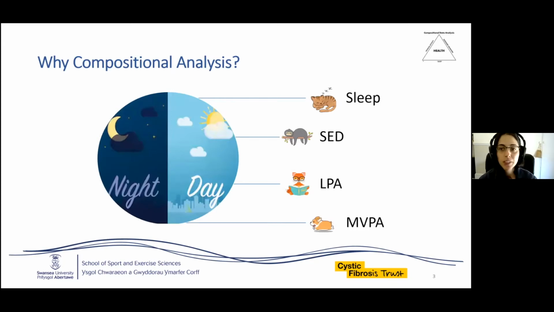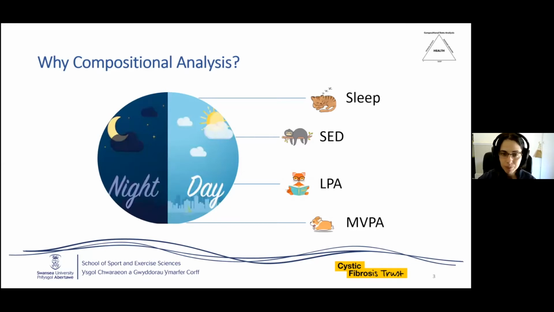We know that physical activity is compositional in nature. If you look at the behaviors we have in a day, it's sleep, sedentary, light physical activity, and moderate to vigorous physical activity. They're all contained in 24 hours. So if I increase moderate to vigorous physical activity, for example, I'll have less time for the other behaviors. One behavior will affect the other. What compositional analysis does is normalize this relative data, which is the physical activity data, and so we can then use normal